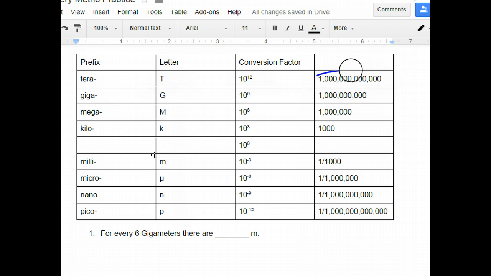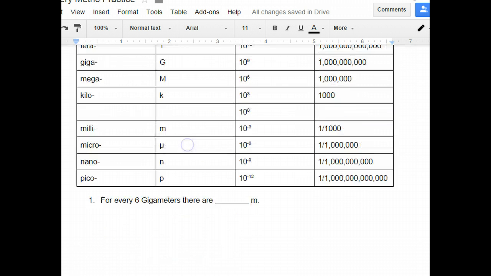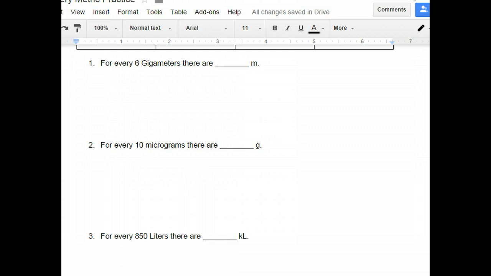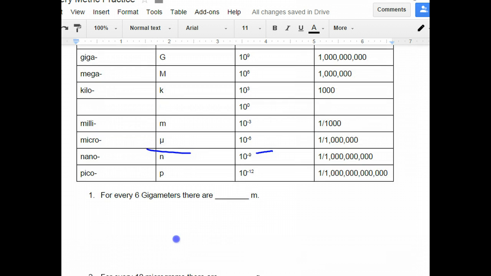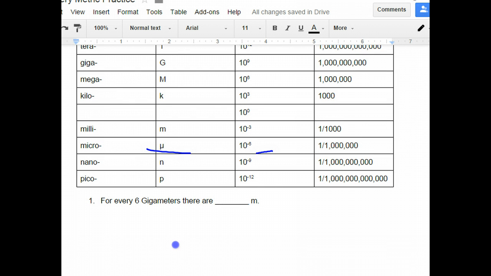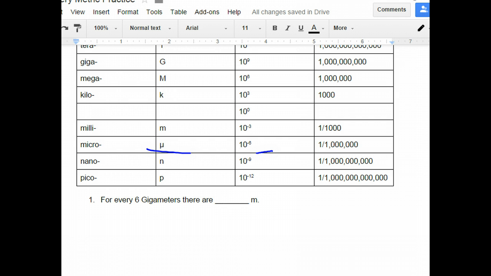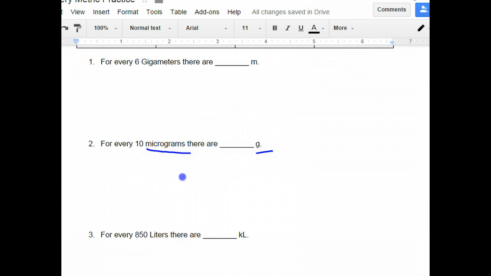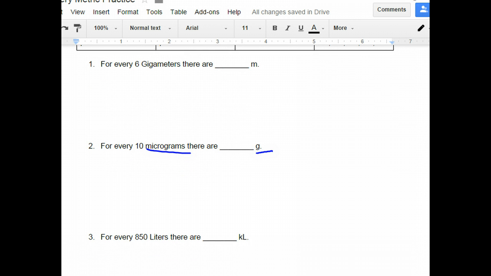So let's try. I know that in most of our classes we got to number 2, but I think the last class kind of didn't get there. So it says for every 10 micrograms, there are so many grams. So we need to know the relationship between micrograms and grams. So if I scroll back over here, I find that micro is 10 to the negative 6, or 1/1,000,000th of a gram. So what that means is that I'm going to write this as, for every 1 microgram,